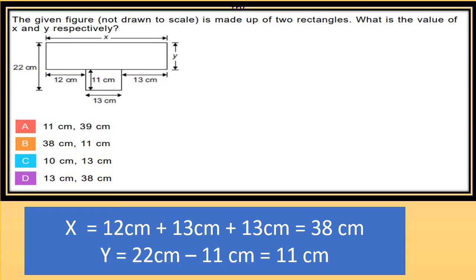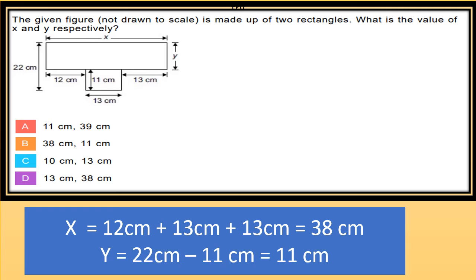So now what will be the x? Now see the opposite side. So what is the length of the opposite side? That will be x. Similarly for y, see the opposite side. So what will be the length of the opposite side? That will be y. Now you can see below I have calculated x and y.